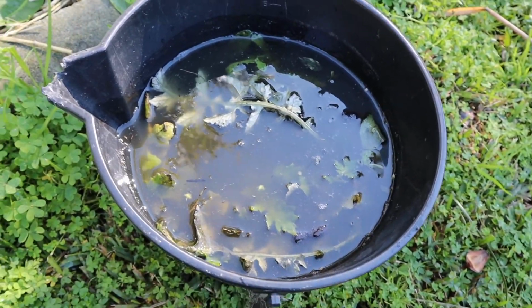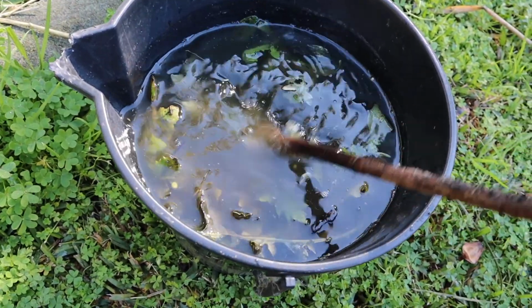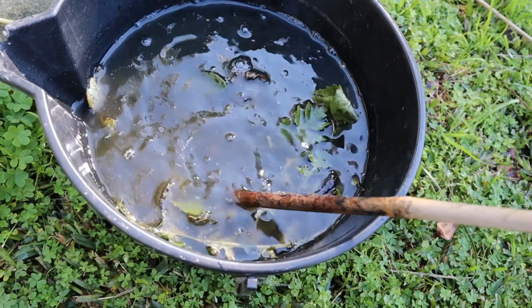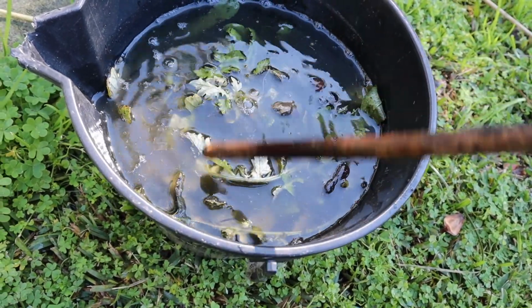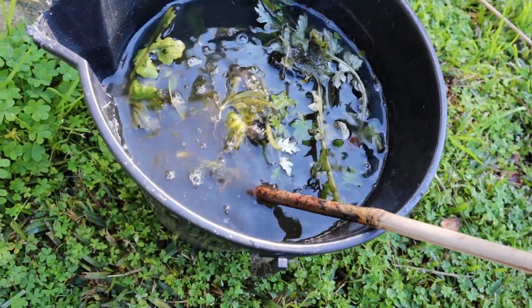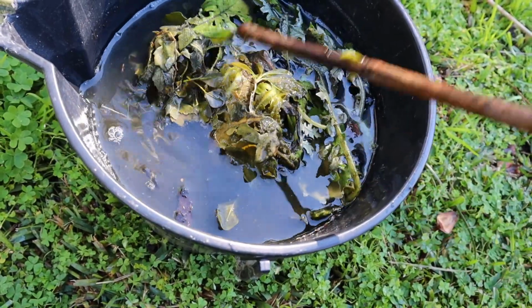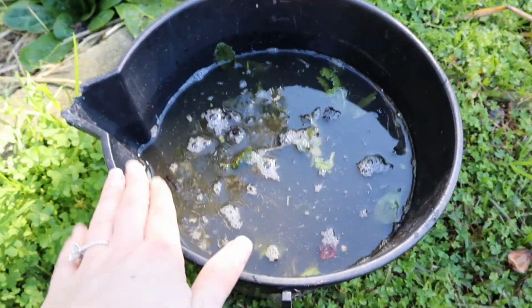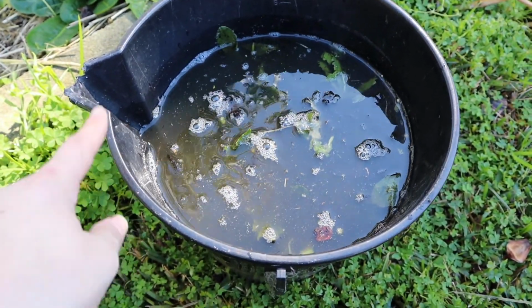So you can see the colour of the water has changed. It's a lot darker, a lot of nutrients have started coming out. These ones here are still quite green. The ones on the bottom you can see are a little bit browner. So yeah, if you want to kill off any of the weeds, leave it to brew